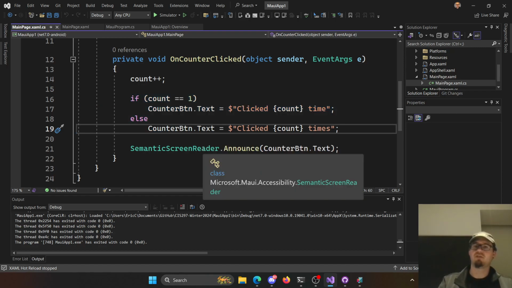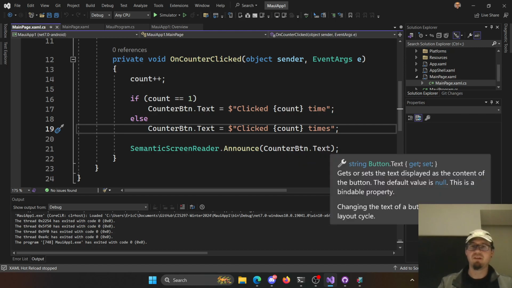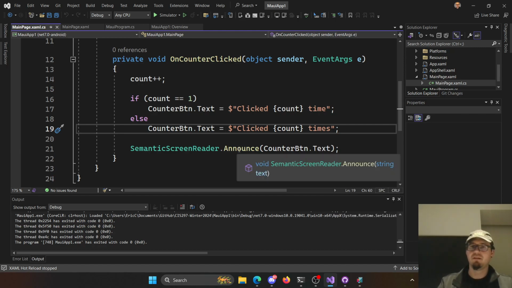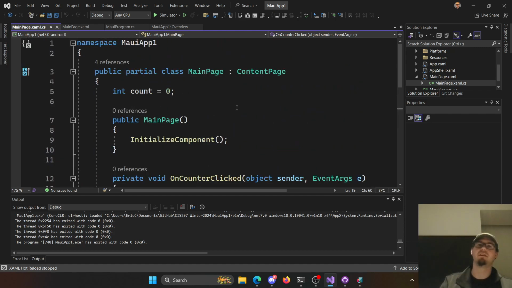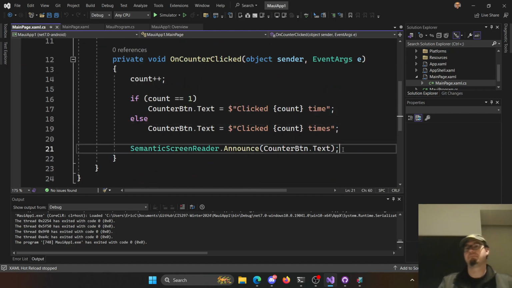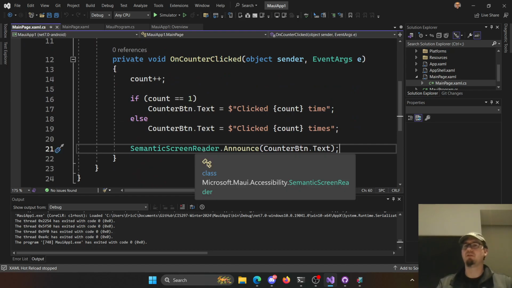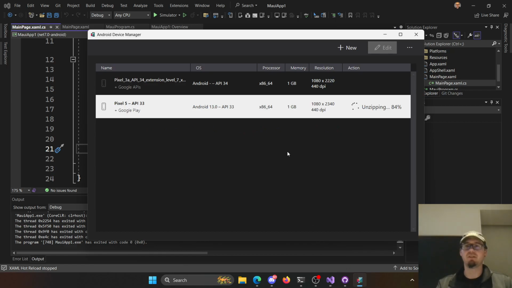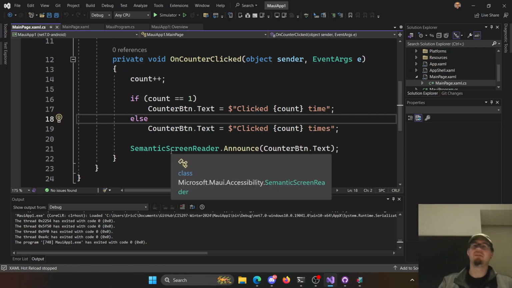The semantic screen reader. Am I missing... wow. I wonder if my volume's not right or something. It sounds like it should be talking. That's fun. I don't know. Or maybe if you've turned on a screen reader, maybe that triggers it. I don't actually know what that one does. Probably for ADA. Which is super cool that it's built in and easy to do this stuff